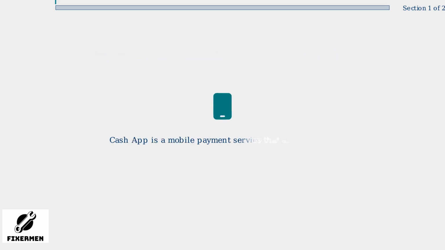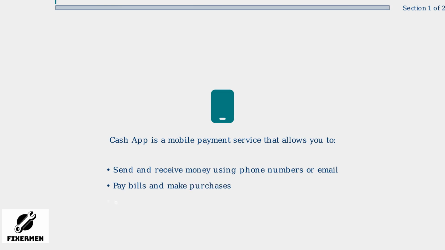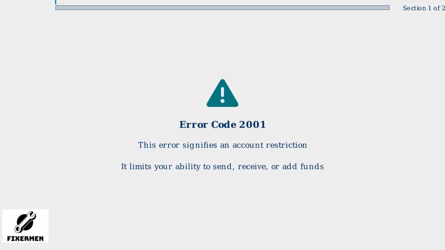Cash App offers several key functionalities, including sending money to friends and family using just their phone number or email address, paying bills directly from the app, buying and selling stocks through their investing platform, and even earning cash back on certain purchases. Now, Error Code 2001 is a specific error that appears when your Cash App account has been